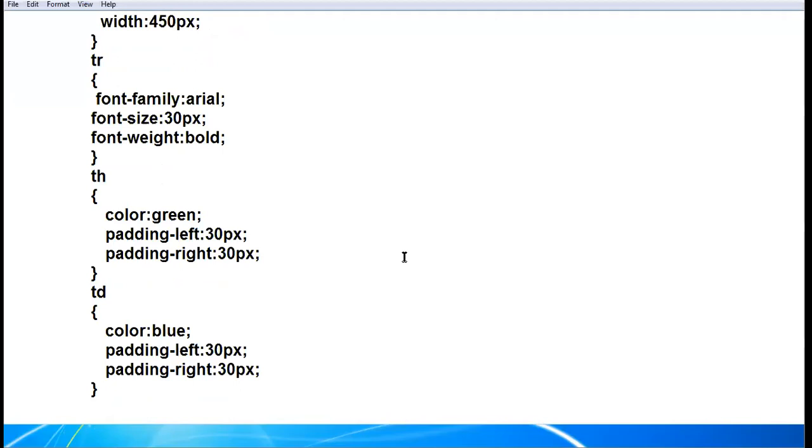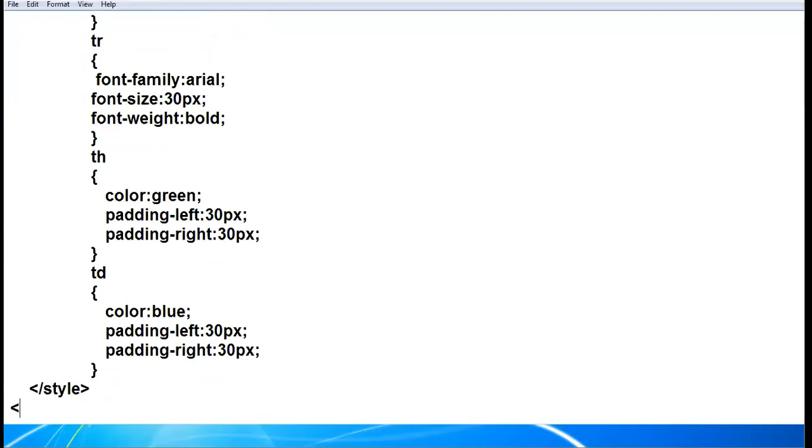Now, after setting the properties, offline class, please see here, take a 1 minute break and see the LCD. After you have set the relevant and necessary properties, you close the style tag. And finally, you close the head tag.